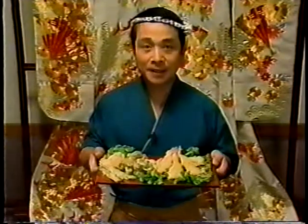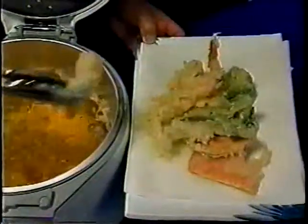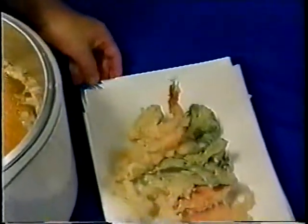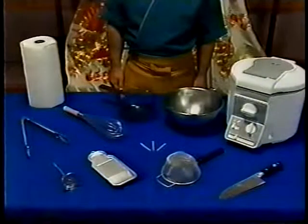This is tempura, the Japanese way to deep fry seafood and vegetables. Tempura is one of the most popular dishes in Japanese cuisine. The cookware required for making tempura are a mixing bowl,